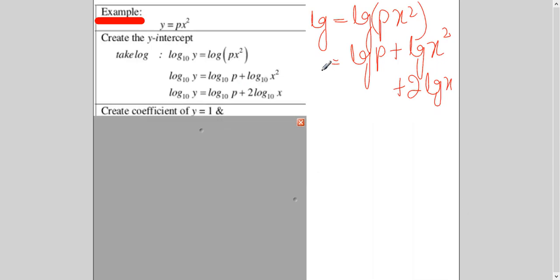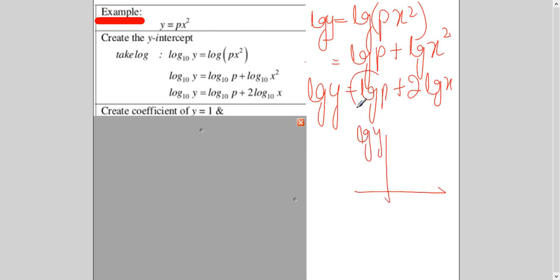Sorry, it's lg y. So I can see that I have gotten the y-axis as lg y. This is totally constant, so this is my intercept. This is the gradient, and this is the variable, because this term has a variable and a constant, right? This is how you recognize it. So I can say I'm plotting lg y against lg x. I hope it makes sense to you, because these types of questions are just for interpretation. They ask you what is plotted against what, what will be your gradient, what will be your intercept. So lg p will be the lg y intercept.